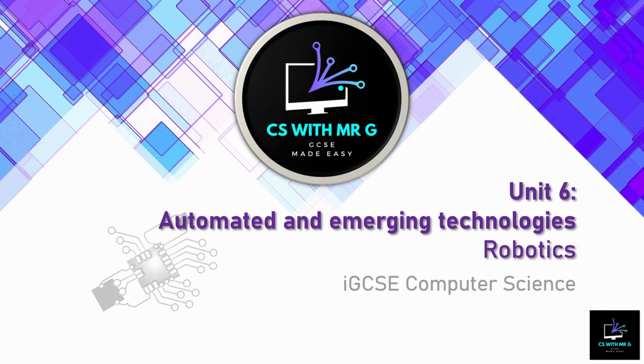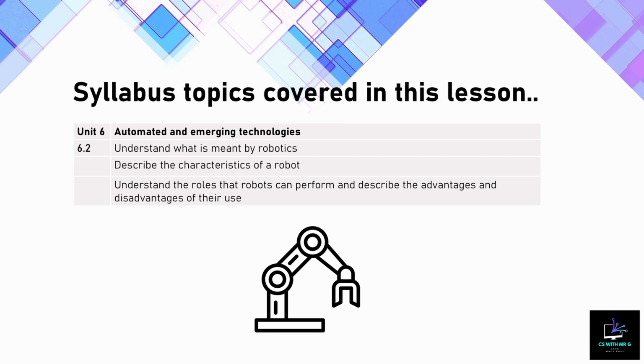In today's lesson we are looking at this term robotics, looking at the key characteristics of a robot, making sure we understand what is meant by the term robotics, describing the characteristics and looking at the advantages and disadvantages of their use. This lesson links with our previous lesson where we looked at automated systems,